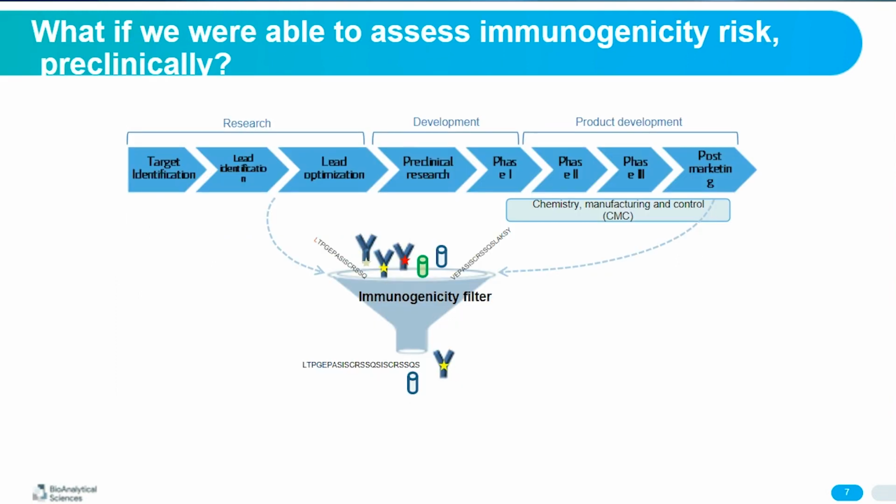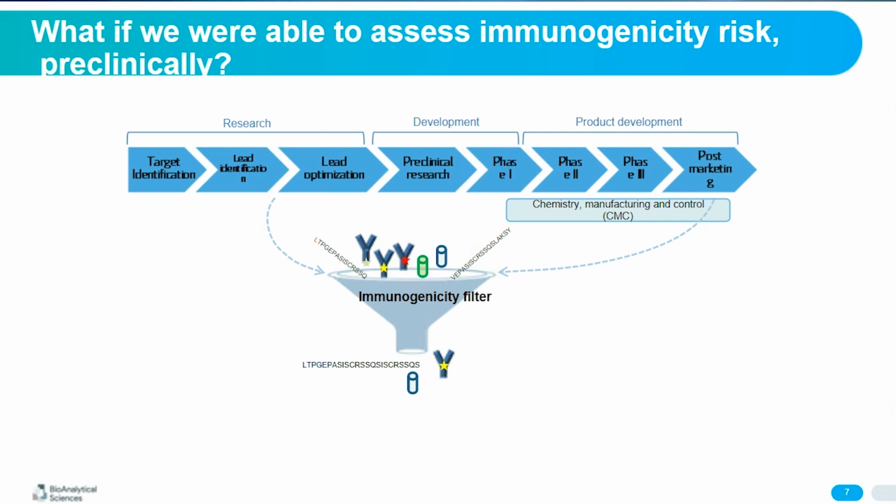But what if we were able to assess immunogenicity risk preclinically? And this is exactly what my group at Genentech is doing. We are developing different methods to assess immunogenicity risk of biotherapeutics before clinical trials. We are doing this with different methods such as in silico analysis or T-cell activation assays. And today, I'm going to talk about the in vitro methods that can be used in order to assess immunogenicity